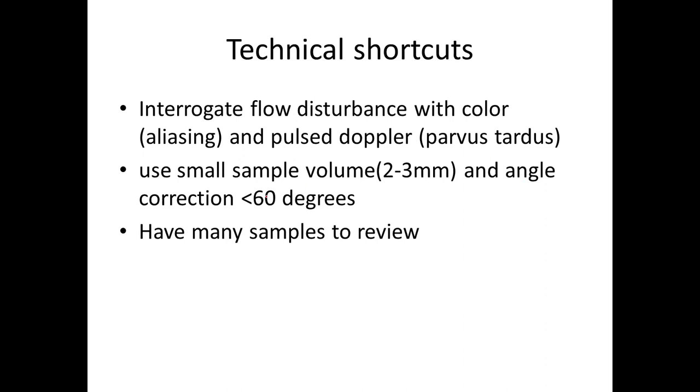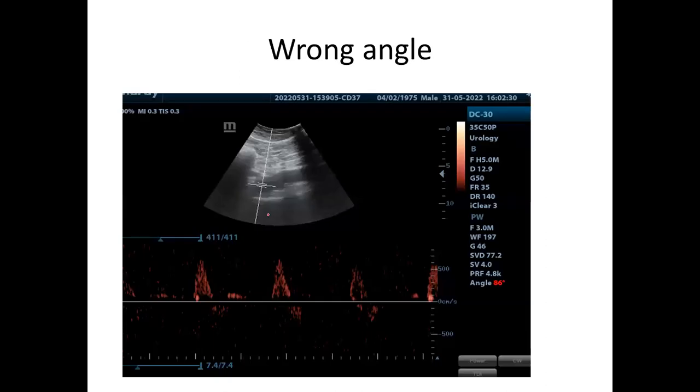always use angle correction of less than 60 degrees. Sometimes if your angle is very wrong, you won't produce very good waveforms. And the other thing that you need to do is take as many samples to review. So you sample as many times, save as many images as possible. Then when you are doing your measurements, you have to choose the best of your images and use them for your diagnosis. All right, this image is showing